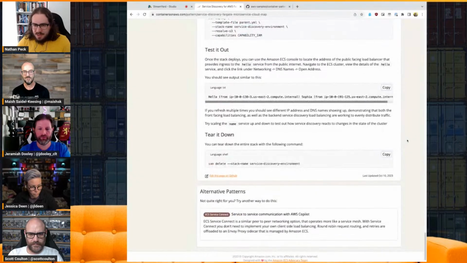And the goal here too is that sometimes you read a tutorial and it's not quite right for you. The features don't really work exactly the way you want them to, or they work and it's just not a good fit. So there are alternatives as well. So here, Cloud Map Service Discovery is one way to do service discovery, but we also have ECS Service Connect.